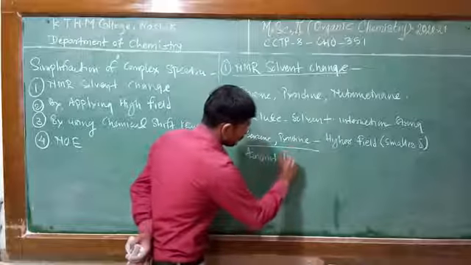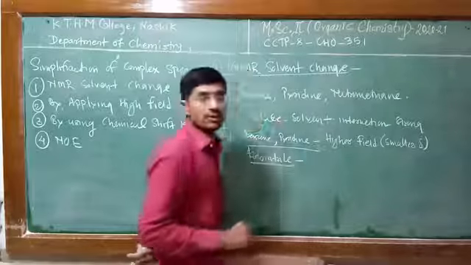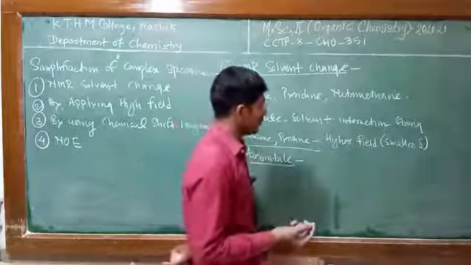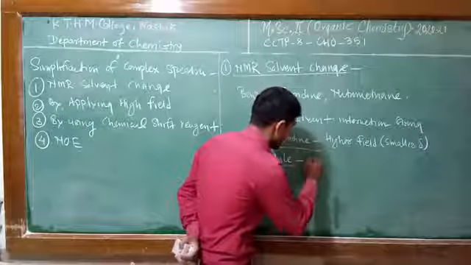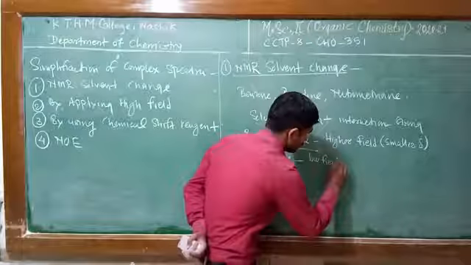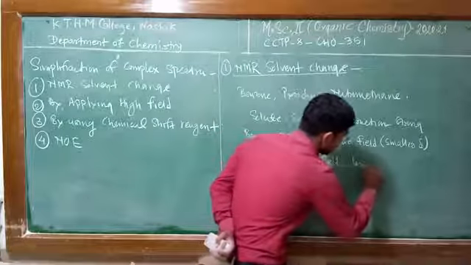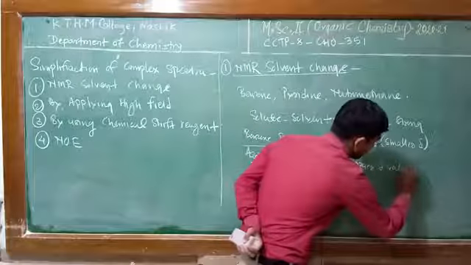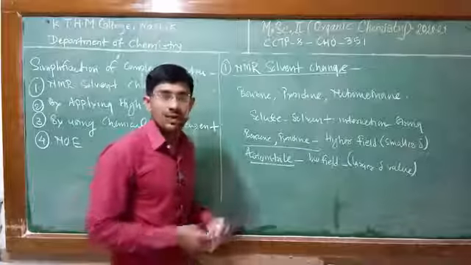While in the case of acetonitrile, the observed chemical shift value is shifted in the opposite direction, meaning downfield, low field, that is a larger delta value. So in this way we observe the effect.